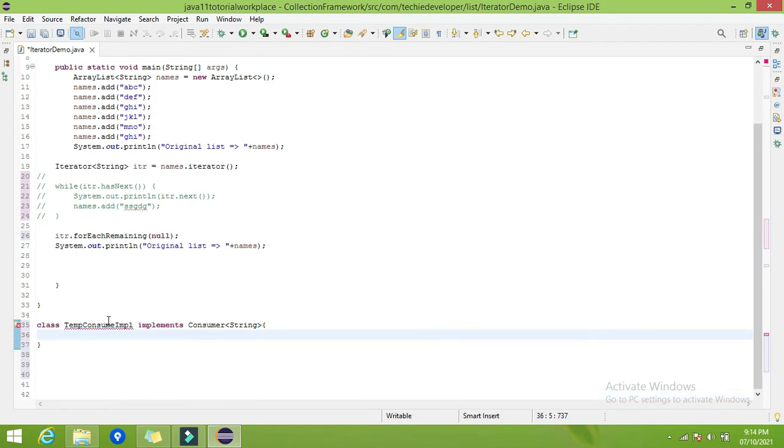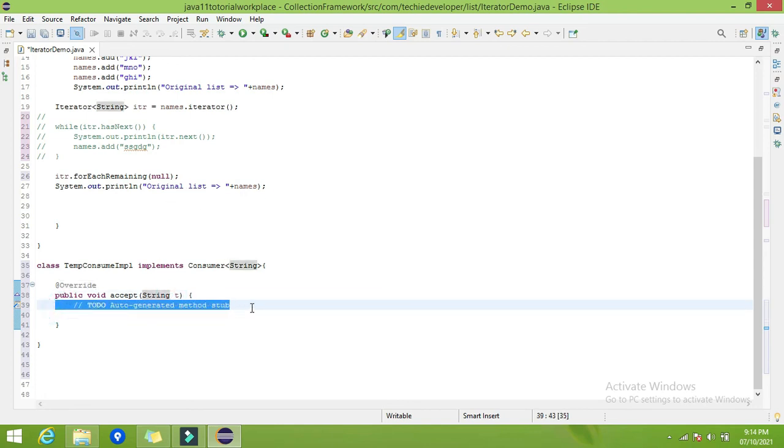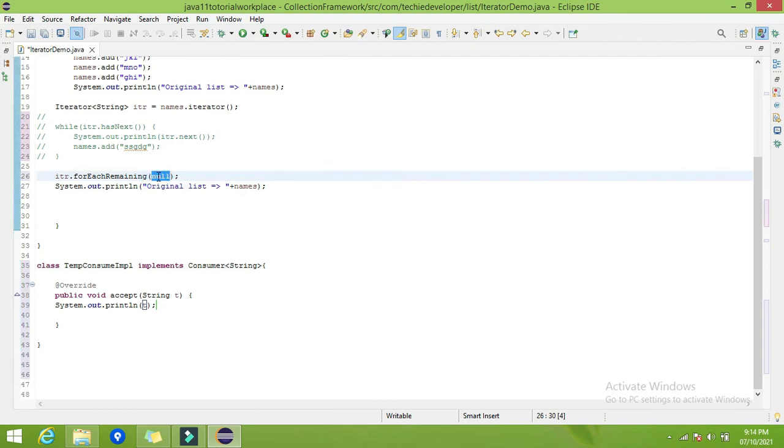Whatever you want to do with each element of the list, you can write that logic inside this. So just print each element. Now let's pass the object of this TempConsumeImpl class here.